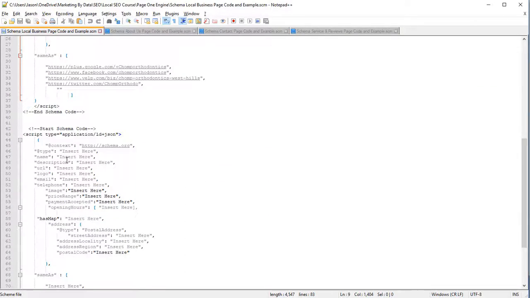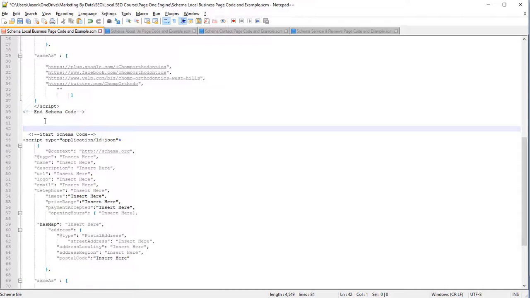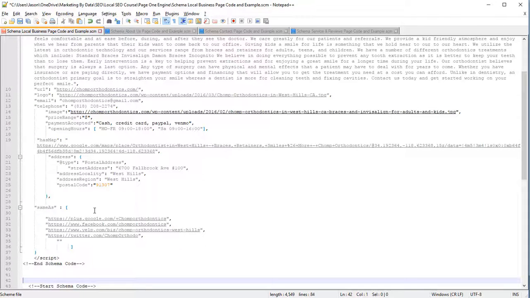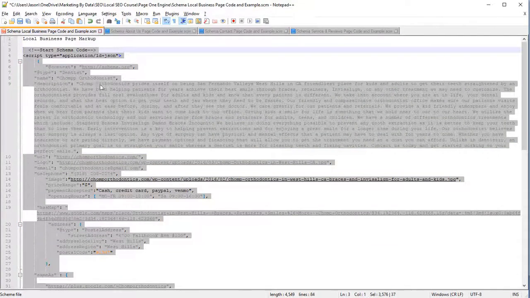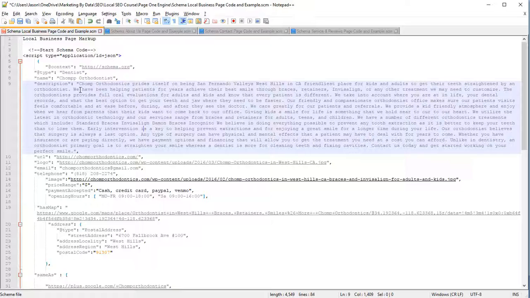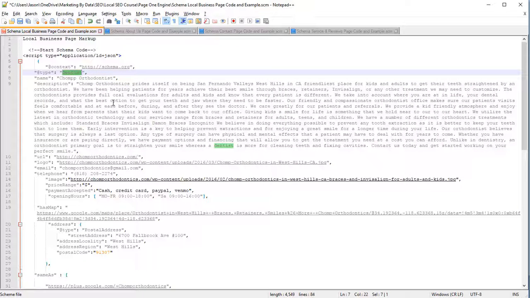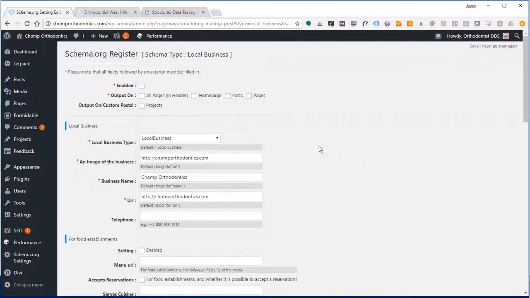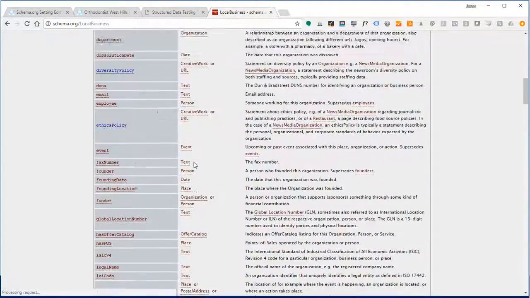But also in here, I've got the example for you guys that you can take and use for your sites. All you got to do is insert these pieces here and then use this as the example for what you need to input. So one of the things I want you to note is that on the local business, the type is dentist. Okay? So we're going to go to that URL I was talking about on Schema, schema.org/LocalBusiness. All right, now scroll down,